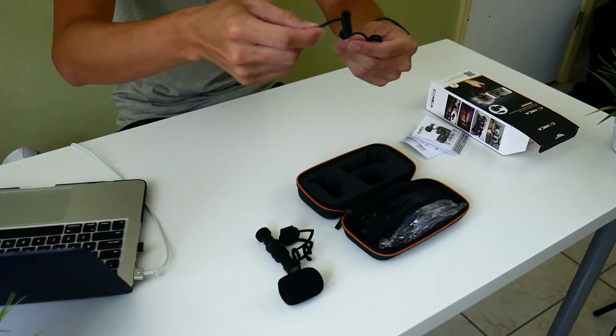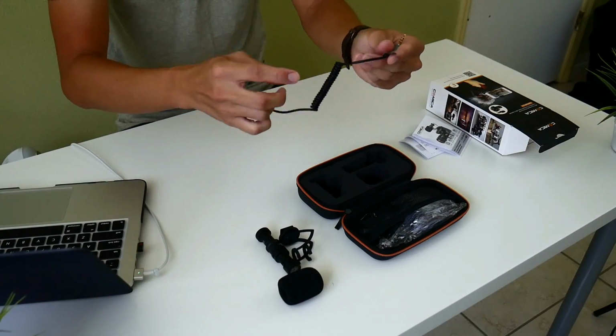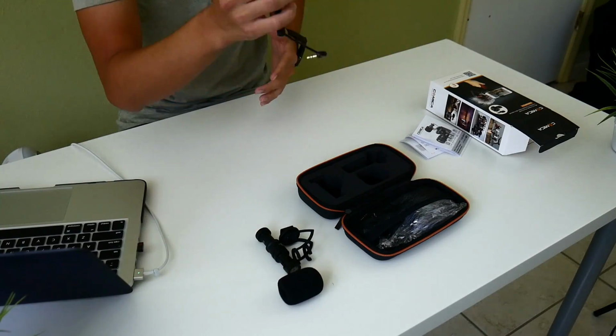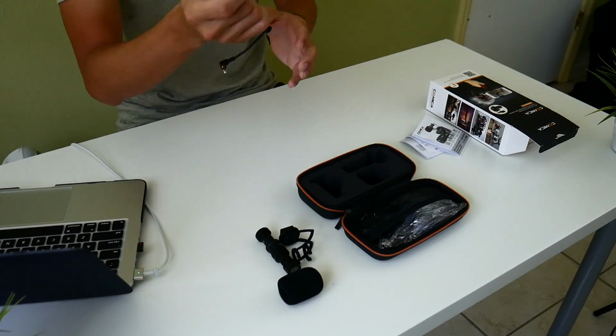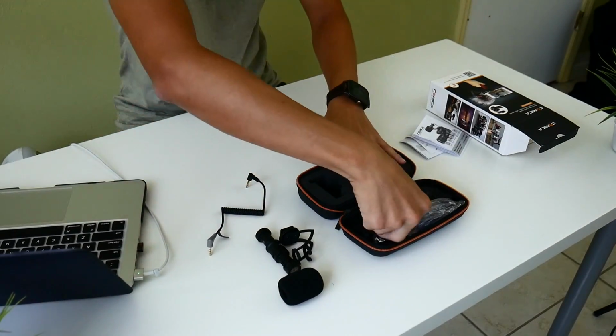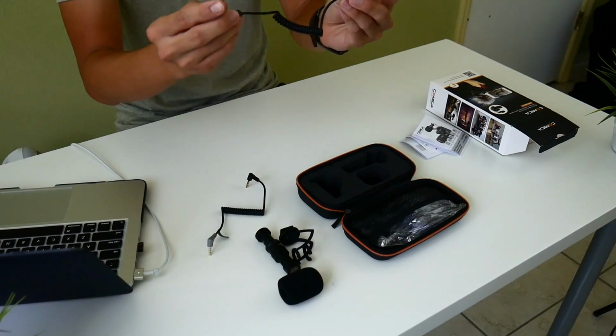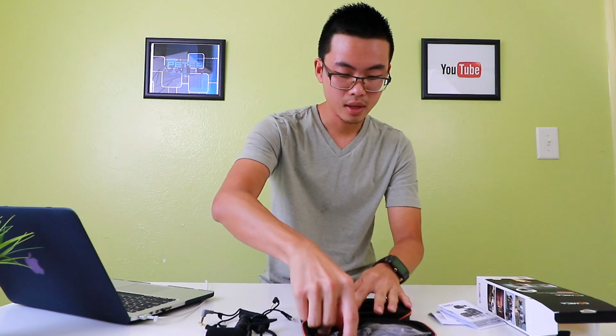Anyway, this is the mic cell and it's the wind muff, and they got the cable here. This one with the gray hat is for the smartphone. You plug into your smartphone. And the black one right here, both have two rings. That's the one you plug in your camera, direct into the camera. And this is the